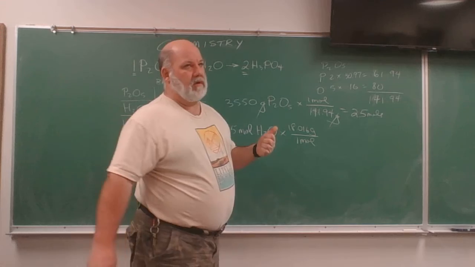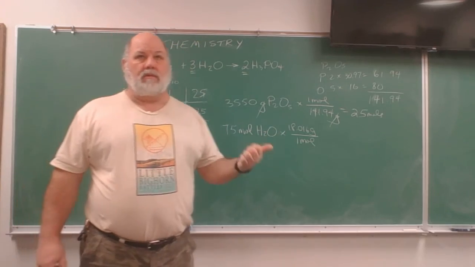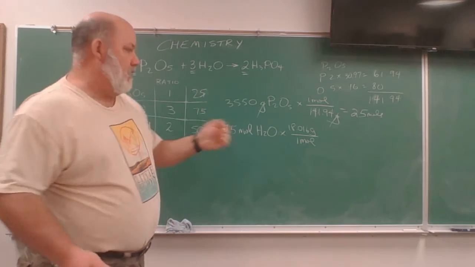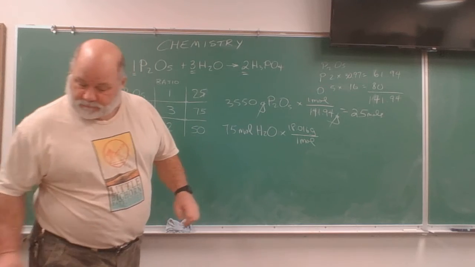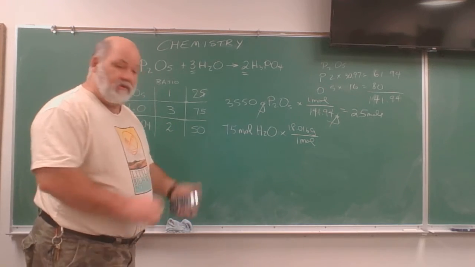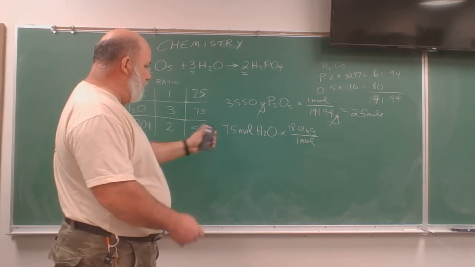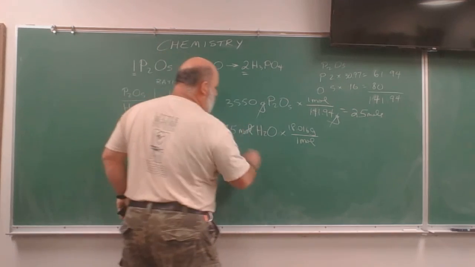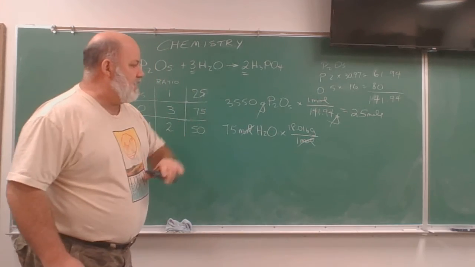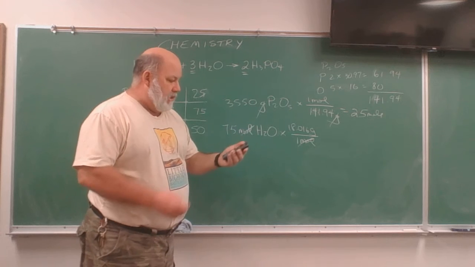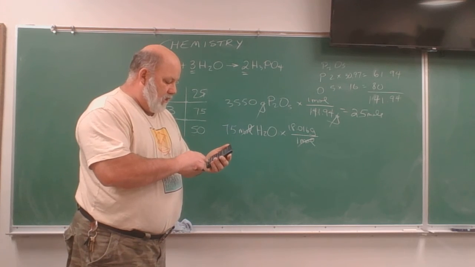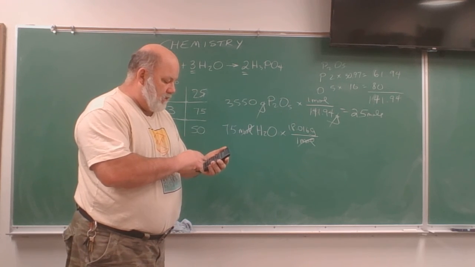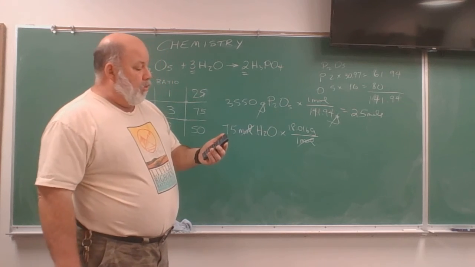I did 1.008 times 2. That gives me 2.016 and plus 16. It's not bad. All right. When you've been at this 20 years, it becomes possible. So the moles will cancel, and we've got 75 times 18.016 equals